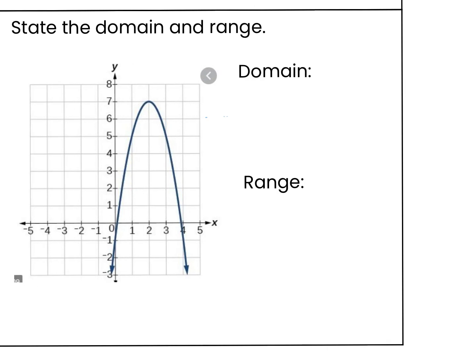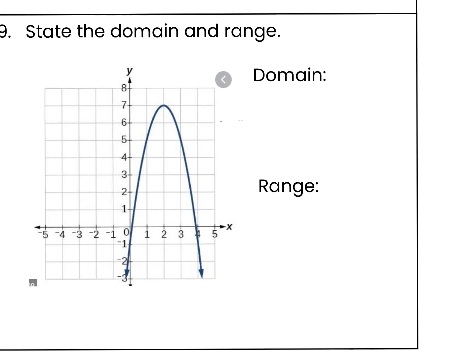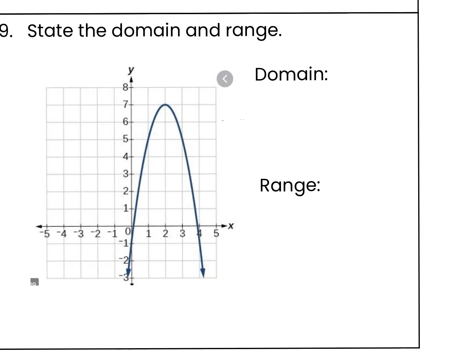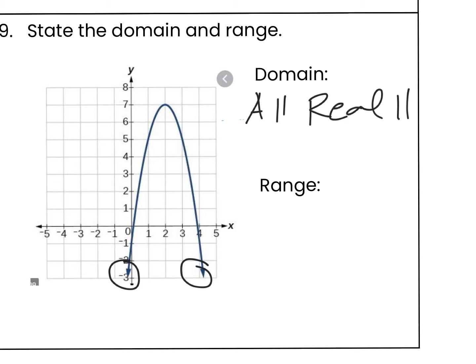Over here is a very crucial statement I'm going to make. Anytime that I see that there are arrows on both ends of the graph, my domain will always be all real numbers, because it's going to grow left to right no matter what on the x-axis forever. So it looks like this